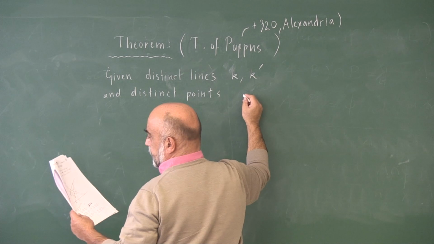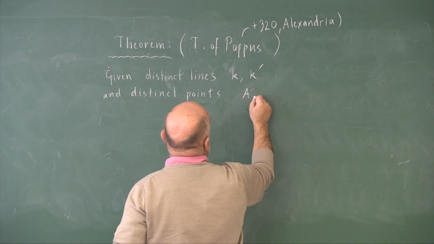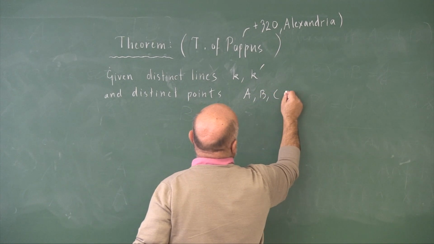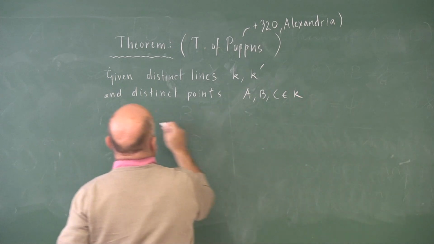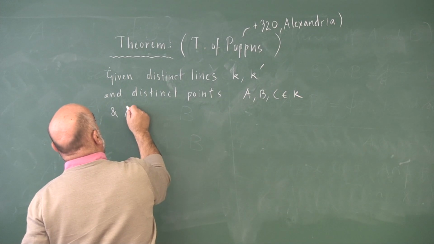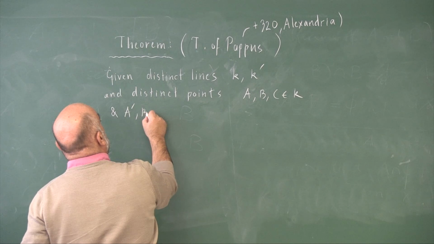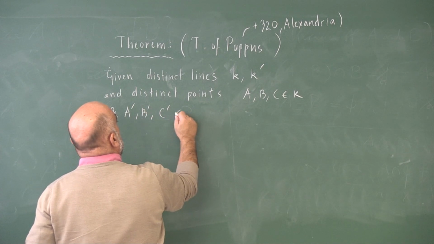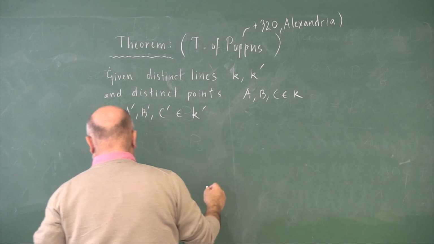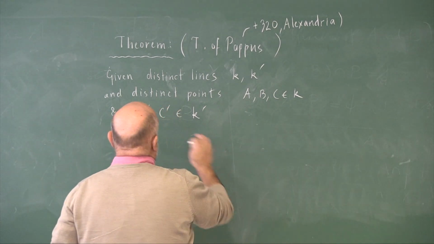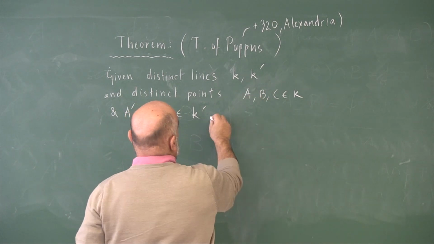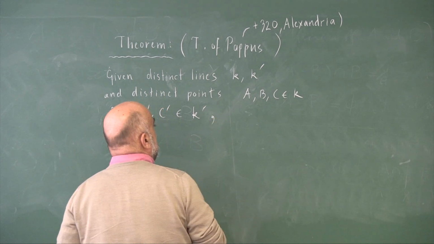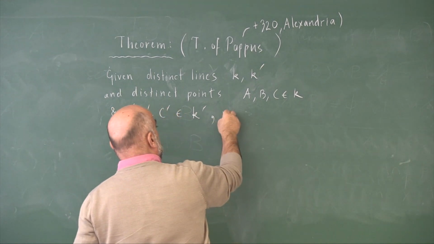The first 3 will lie on the line K, and the latter 3 will lie on K prime. Okay, so given this configuration,